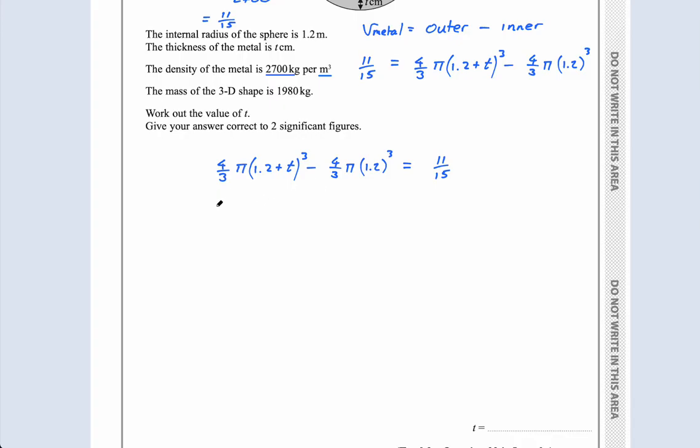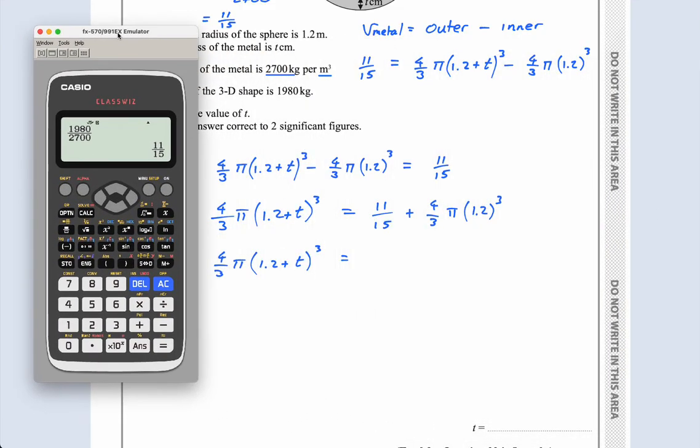So how will I do it? Well, I'll go 4 over 3 pi times 1.2 plus t cubed equals, I'm going to add this whole thing on. So it's 11 over 15 plus this 4 over 3 pi 1.2 cubed. Okay, let's actually get a value for that. So 4 over 3 pi 1.2 plus t cubed equals, and I'm going to get a value for this so I don't have too many fractions and annoying things. So it's 11 over 15 plus